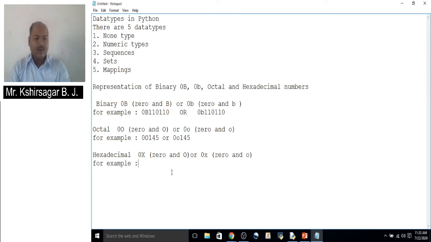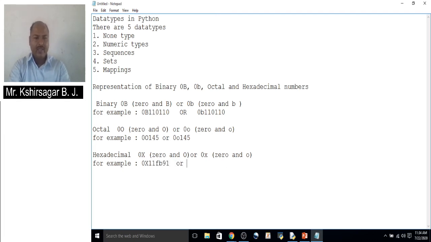For example, 0 capital X, then FB91. So this is a hexadecimal number.